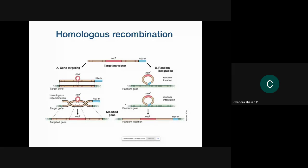Okay. Now, how was the genome manipulated? As I said, in some of the species it is possible. That was by homologous recombination. Homologous recombination, you might have read, is something that happens during meiosis, but it also happens in other cells. When you provide DNA from outside, this can happen, but it happens at a very, very low